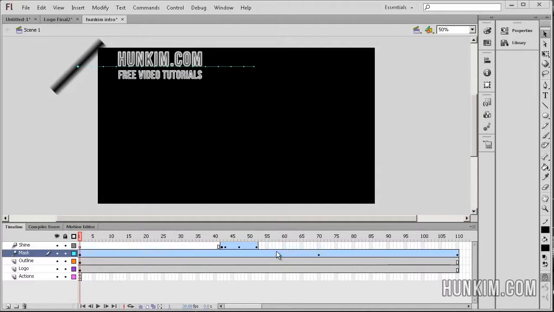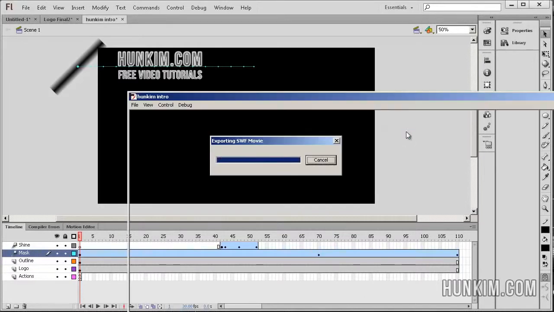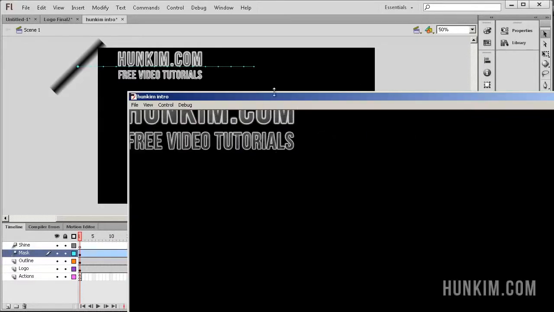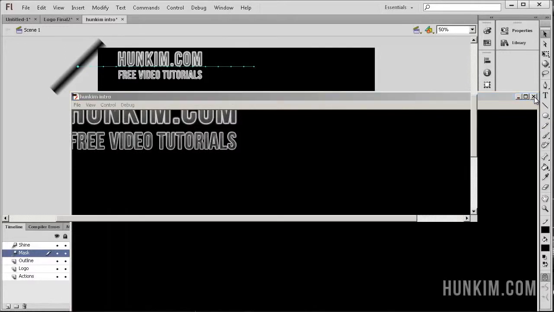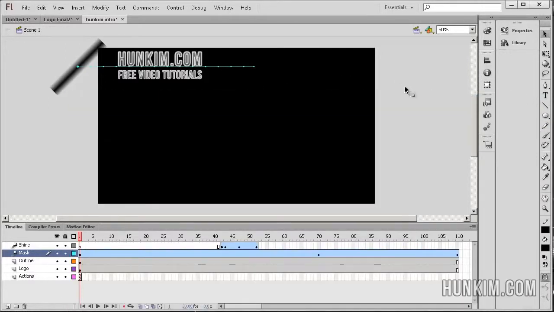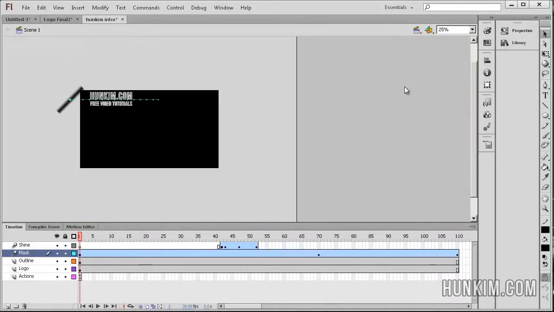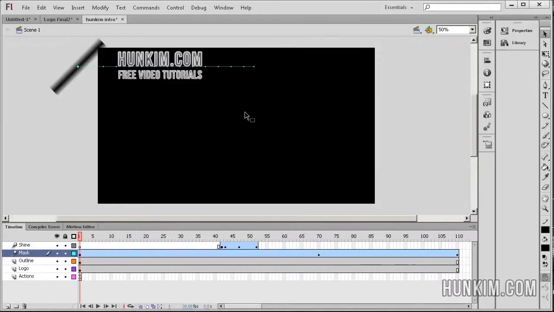Okay, so we have an animation here, Control Enter, and we want to actually export this as a movie as well as a SWF. And so we press Control plus to zoom in, Control minus to zoom out, and say you have some kind